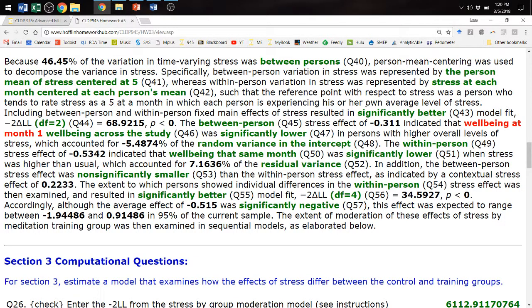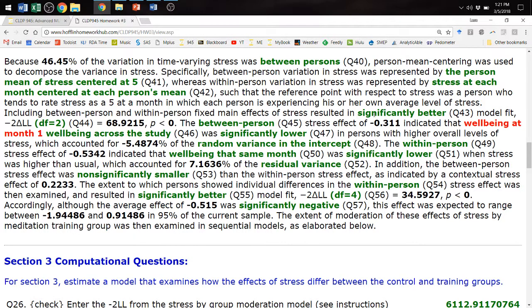So we're adding 2 fixed effects of stress. And this time, the reason that I gave you maximum likelihood as an estimator is so that you would have more practice in doing model comparisons involving fixed effects. Only in maximum likelihood can you test -2 log likelihood differences for models that differ in fixed effects. You can't do that in REML. If you're in REML instead, what you can do is a contrast statement, which gives you a multivariate Wald test, an F value instead of a chi-square difference. So you'll get a chance to do both versions of those in various assignments.